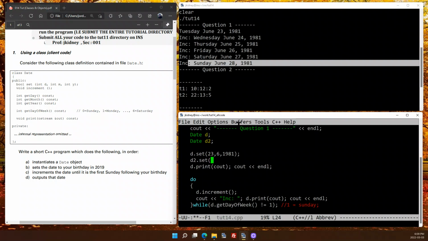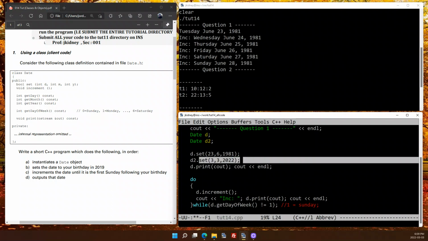It is the 3rd of March, so that is 3 for the month, 2022. What this says specifically, and now I'm calling this set method, but against the object D2. So this date will be set into D2, and the other date was set into D. If I come down and do a second print,